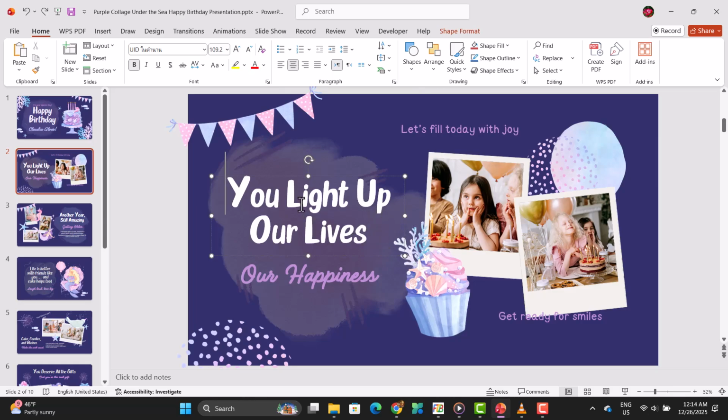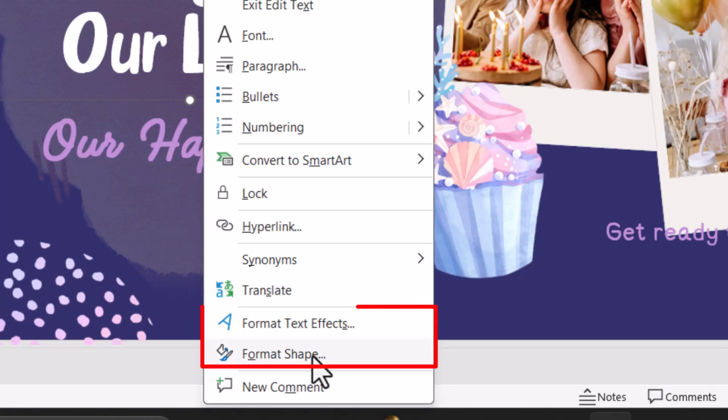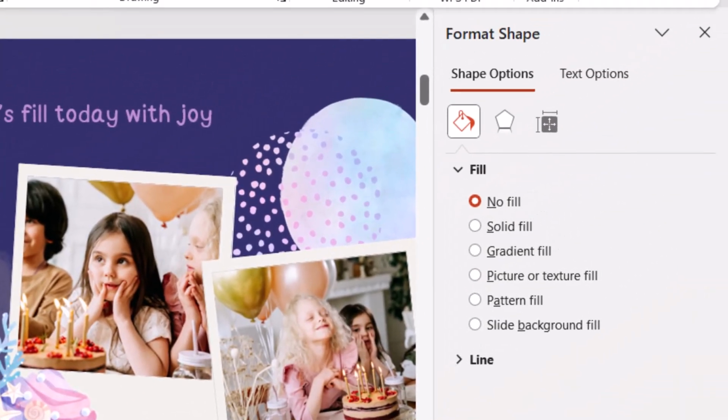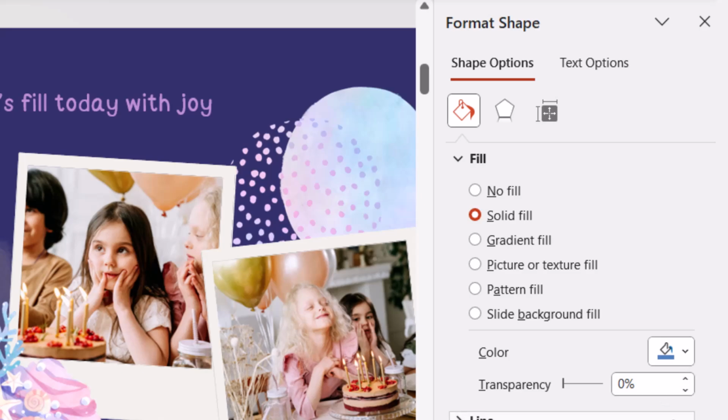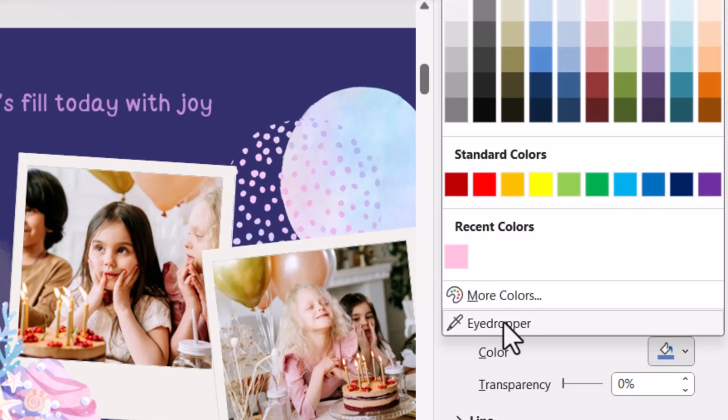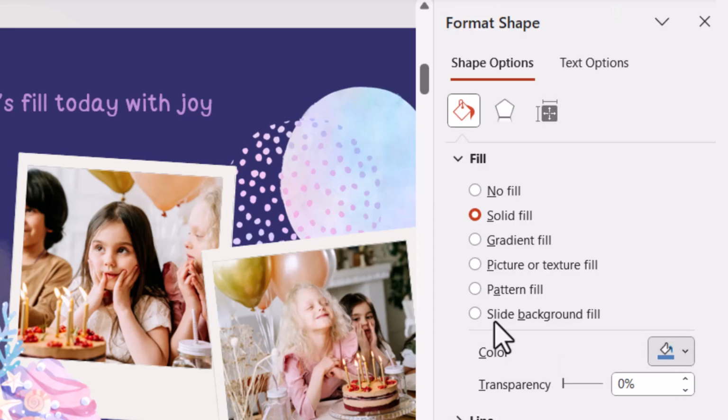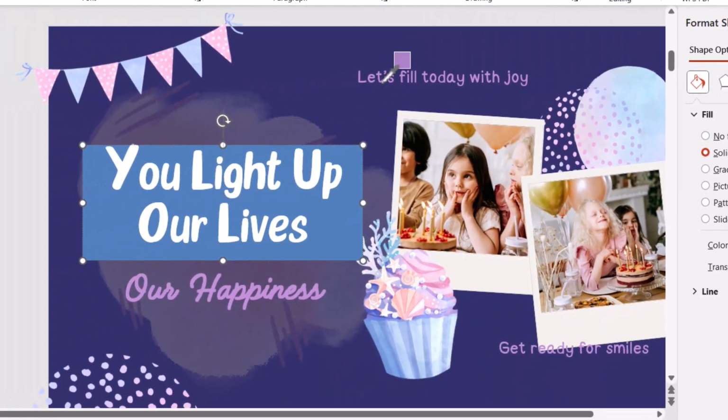Right-click the object and choose Format Data Series if it's a chart, or Format Shape for other types of objects. Step 3. Click the paint bucket icon, then open the Fill drop-down and select Solid Fill to enable color customization. Step 4. Click the Color drop-down and choose the Eyedropper tool located at the very bottom. Step 5. Move the eyedropper over any color on your screen, whether from another slide, image, or application, and click